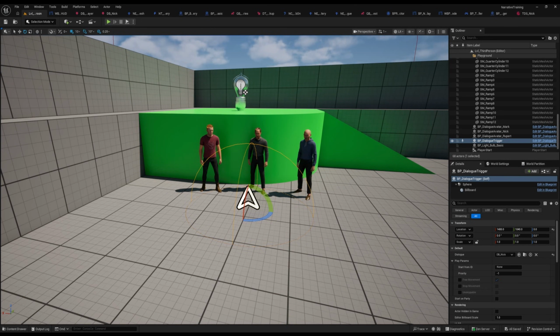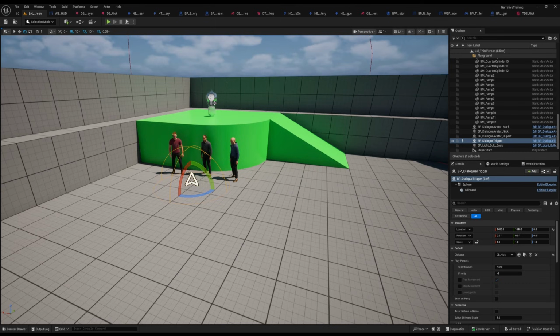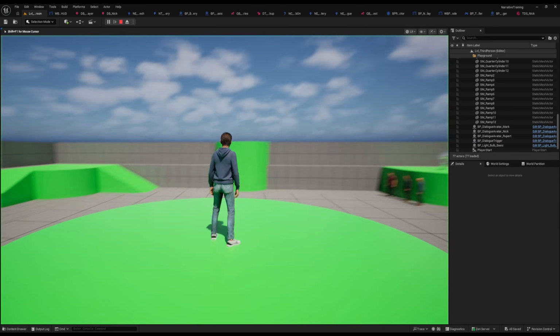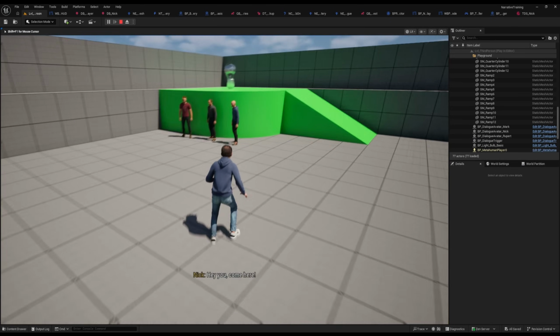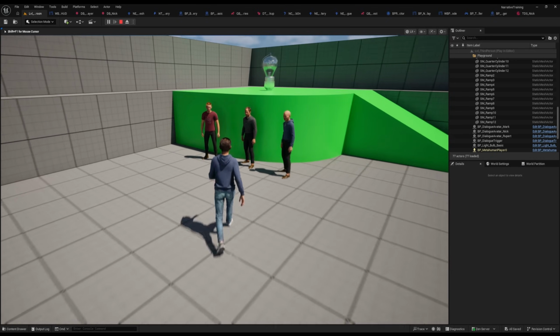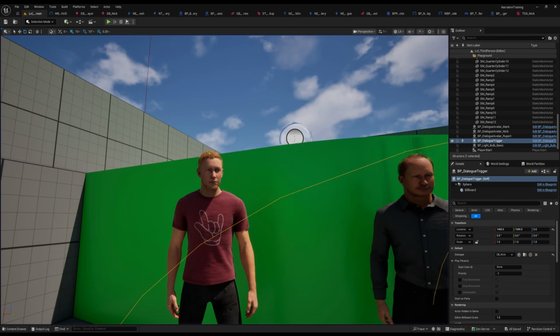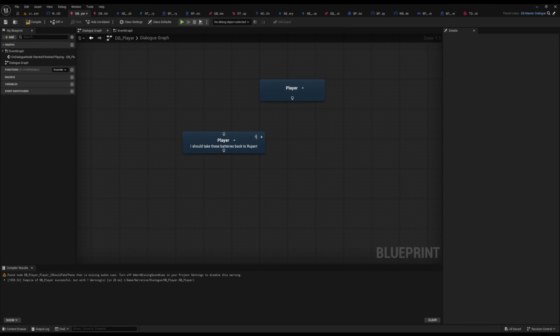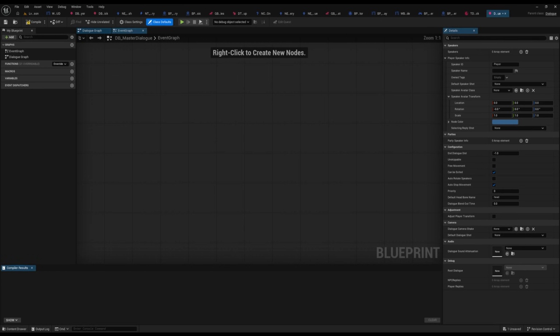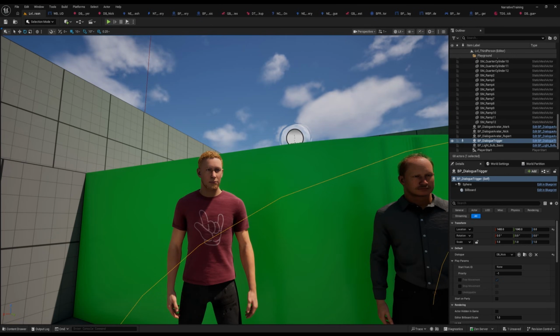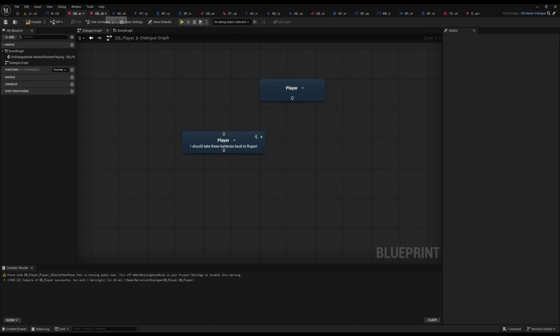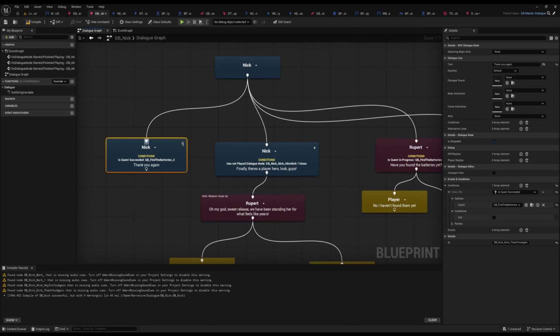Some other things that players often want is, in many games, people want the ability to skip dialogue themselves. They don't want it to play and then carry on. You know, like you see in JRPGs and stuff like that, where the player physically has to click. This is really simple to do in narrative. So you can just come over to your master dialogue if you want it. And there's two ways you can do this. If it's specific nodes you want to do it on, you can select it and change the duration from default